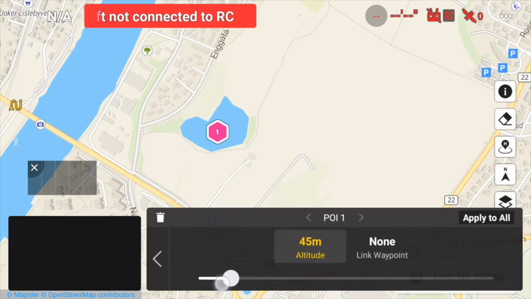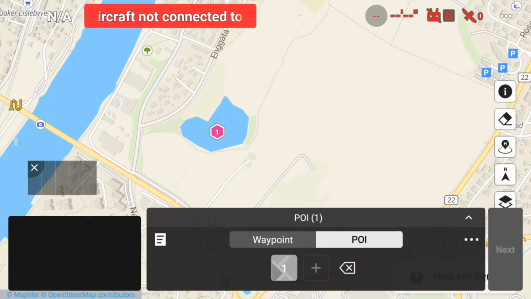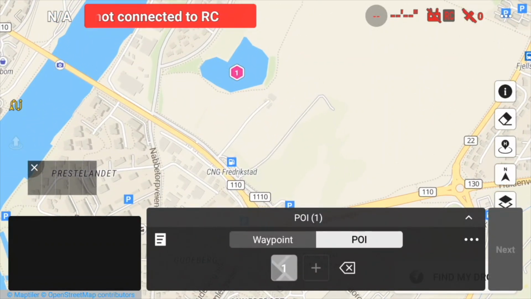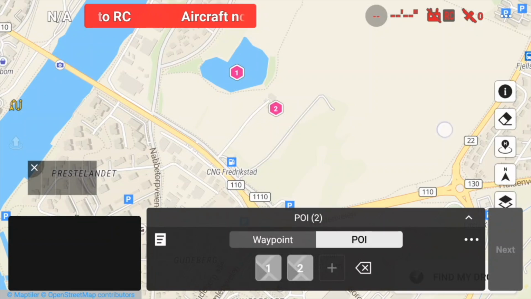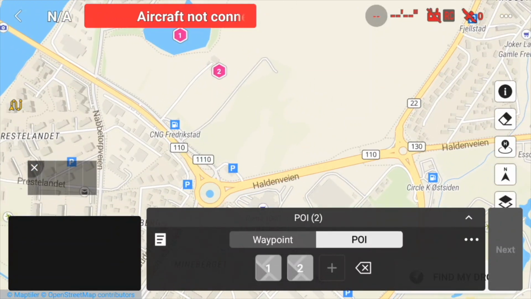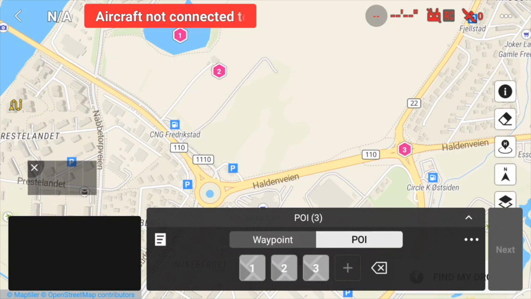Then I set it low because it's the same height as I start. And we can make another point of interest here, and down here, and the last one there.